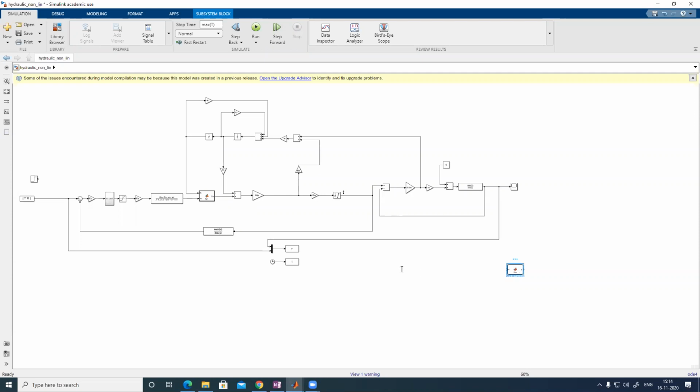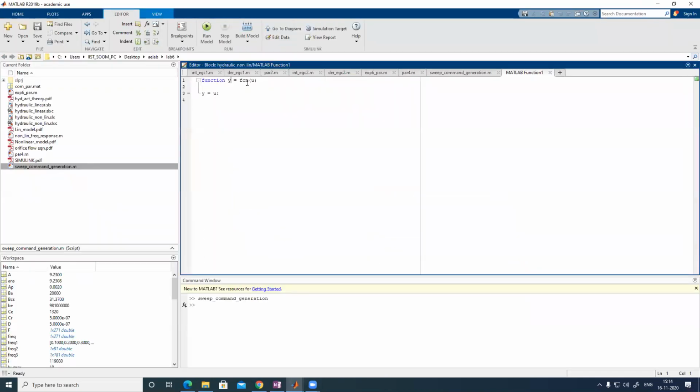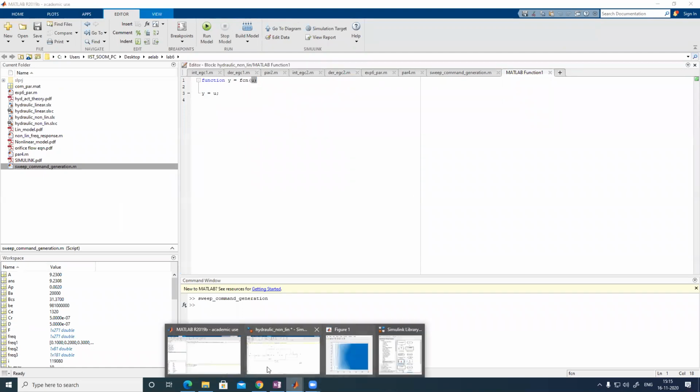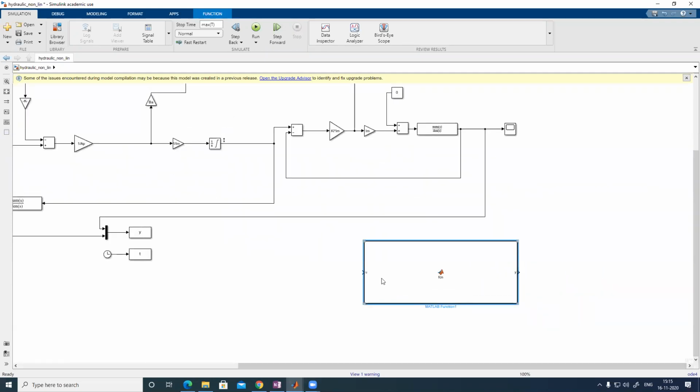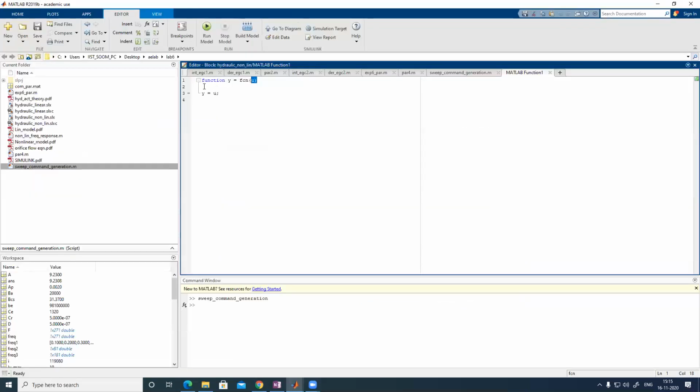So here there is only one input and output. Here y is a function of u, and you can write a .m file like this. Here y is equal to u only. So you have to supply u here, and you will get out y. In this function, you can write whatever code you want. You can change the function name also. You can create any number of inputs also. So in your program,